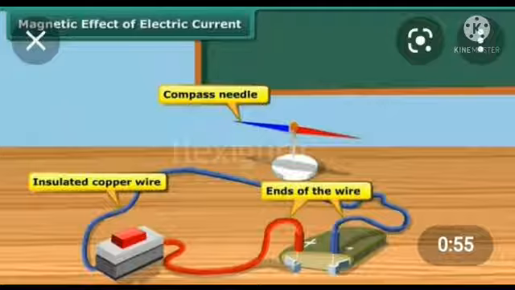So student, you know that a magnetic needle is indeed a magnet. You must have seen that the magnetic needle changes its direction when a bar magnet is taken near to it. Also, you have observed that the magnetic needle changes its direction when current starts flowing in the circuit. So student, this means that a magnetic field is created when an electric current flows in a wire. So through this activity, briefly we can say that an electric current passing through a wire produces a magnetic field around the wire.